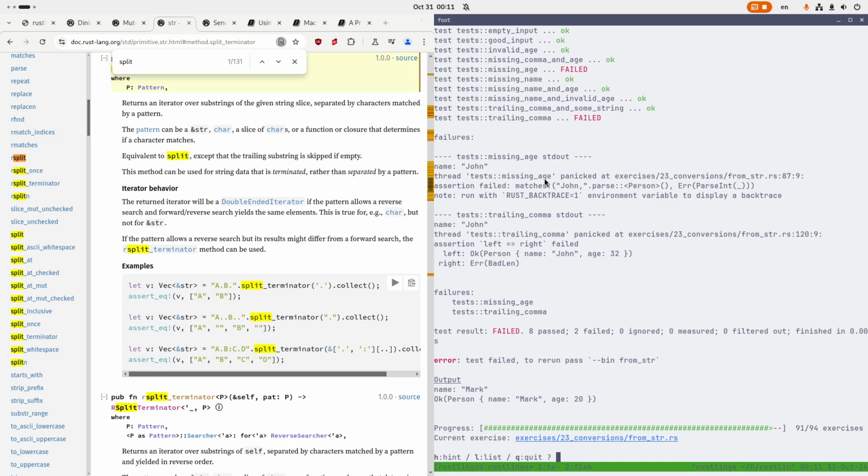We're missing an age. Okay. Parse integer. What do we get? Okay, so we get by length now. It's because it's